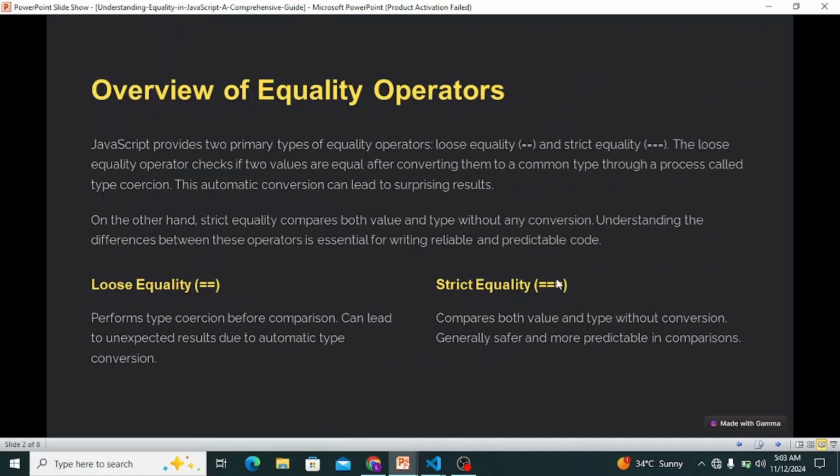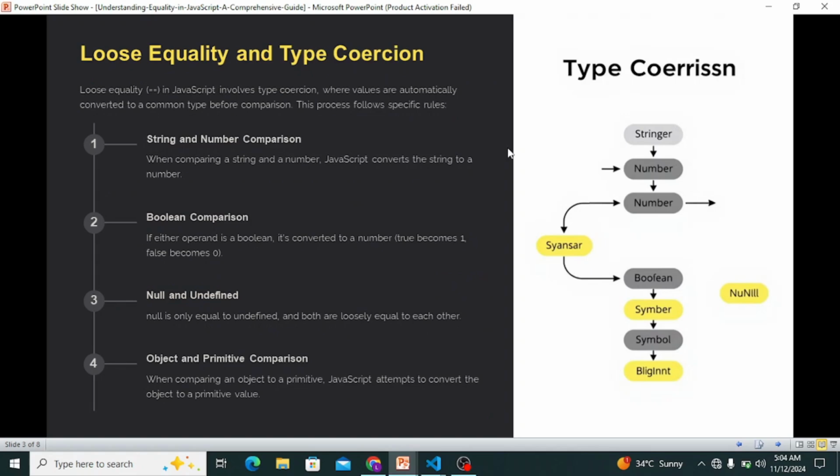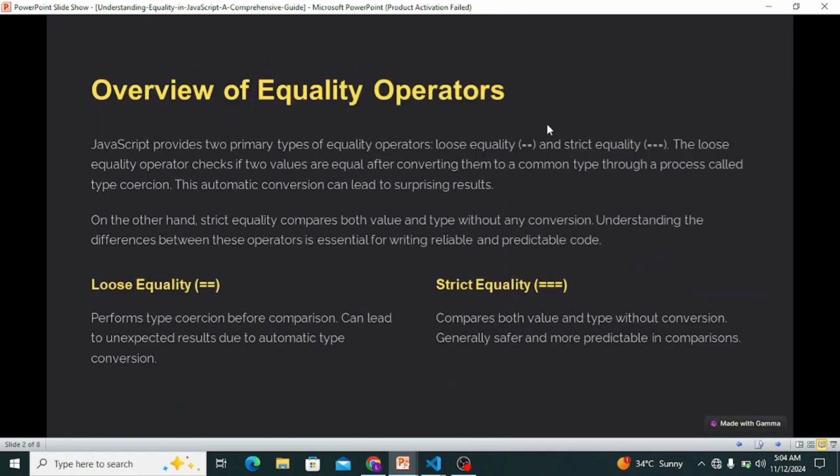Now, first of all, in JavaScript, we have two primary types of equality operators. We have the loose equality, which is the double equal sign. In the previous class, you heard me saying just the normal equal and then the strict equal. So this is what we also call the loose equality, guys: the double equal sign, and then the strict equality, which is the triple equal sign. Understanding the difference between these two operators is very essential when you are trying to